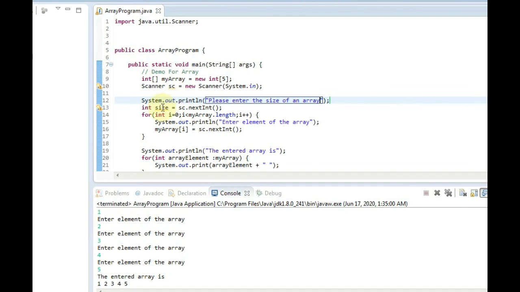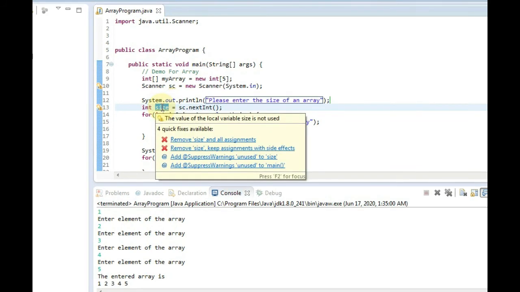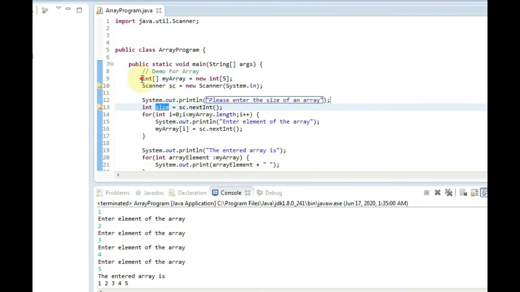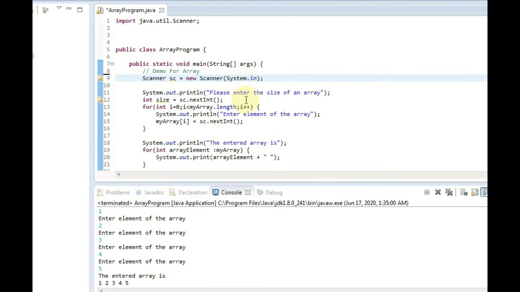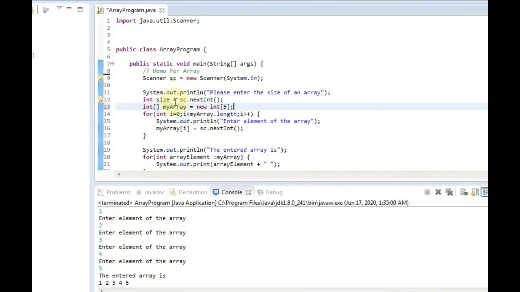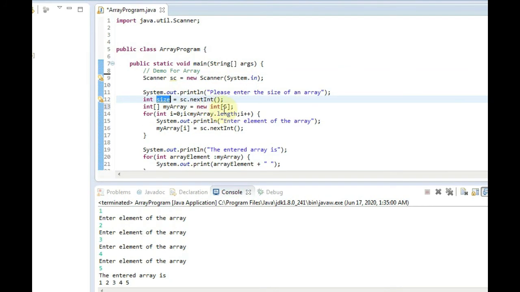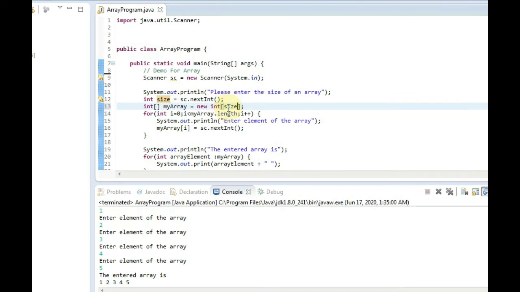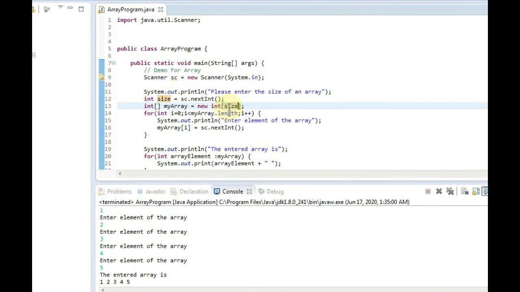In this size variable we'll have the input for the size, but this particular array needs to have the size that is entered by the user. So here we'll give it the size that is mentioned by the user. In this way both array elements and the size are going to be taken directly from the user.